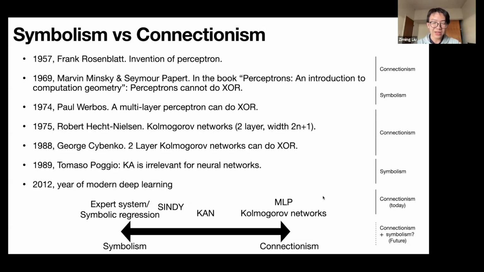But for me, I think KAN is kind of somewhere in the middle of symbolism and connectionism. Actually, I think two-layer Kolmogorov networks are closer to connectionism if your task actually needs very deep compositions. If your task is very complicated, needs a deeper KAN, but you only have two layers, then your two-layer network will basically behave like a kernel machine, which is not that interpretable. That's why I count Kolmogorov networks as closer to connectionism.